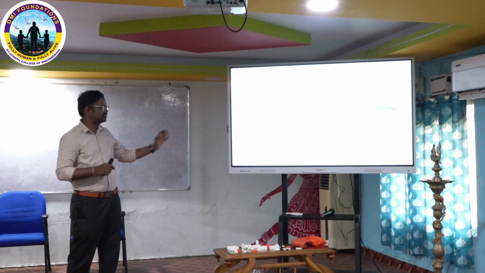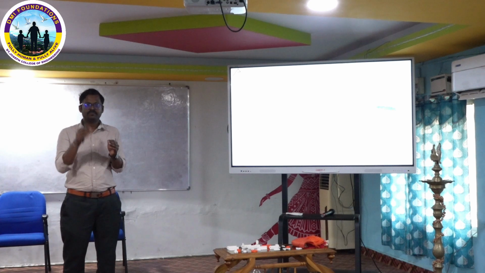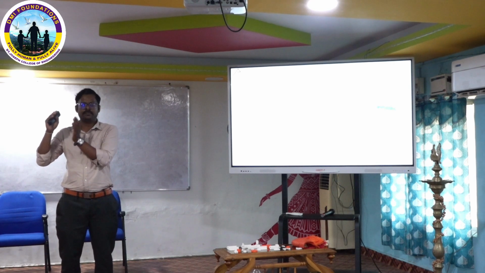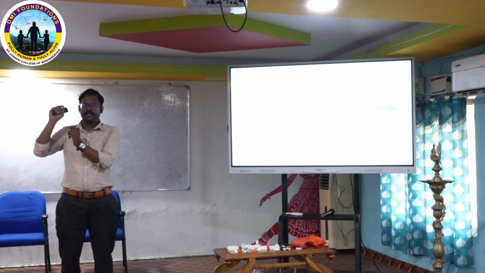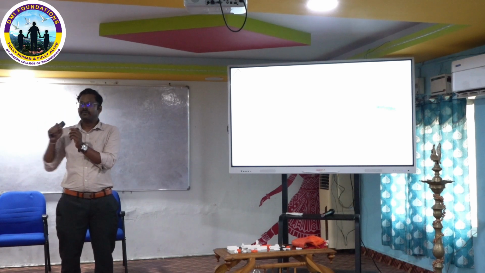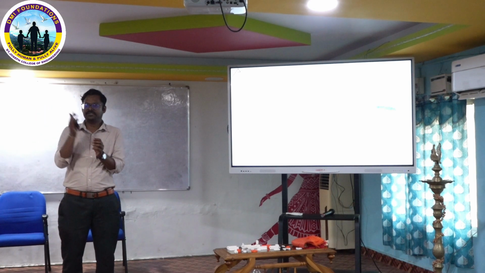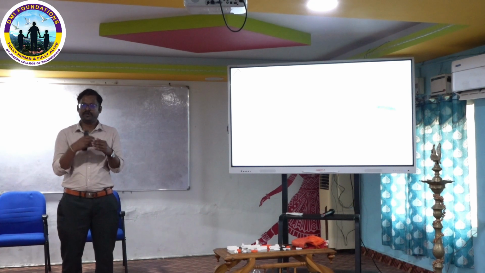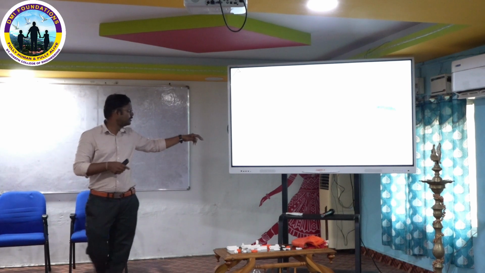For that I have to do the same procedure with different mesh sizes. That is called a convergence test. I need to take all the results and plot one graph. In that graph I need to finalize, okay, after this mesh size the result does not vary too much. So that particular mesh size I have to consider. For that, initially I put a higher mesh size, and step by step I reduce the mesh size. Then the mesh size at which my results do not differ too much, I have to finalize in this step. So meshing is a